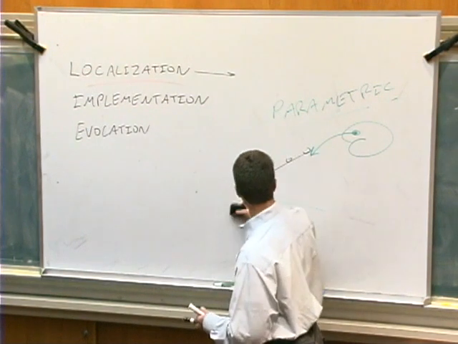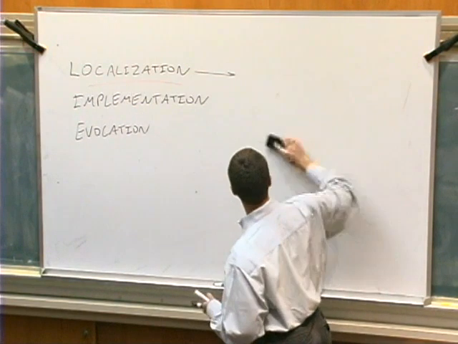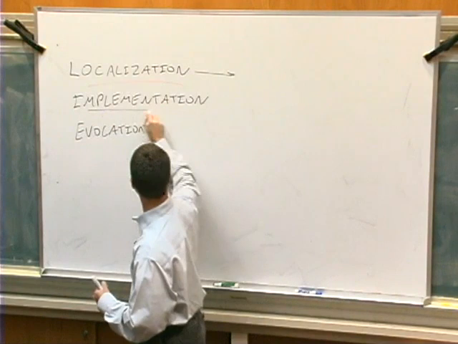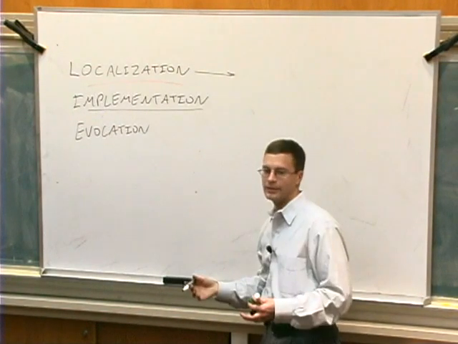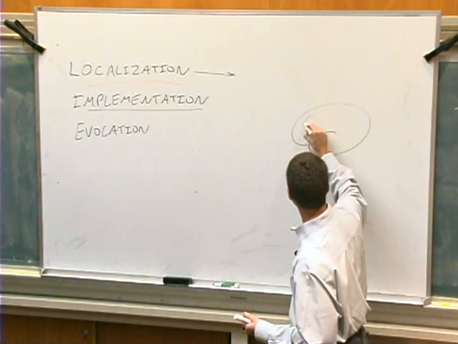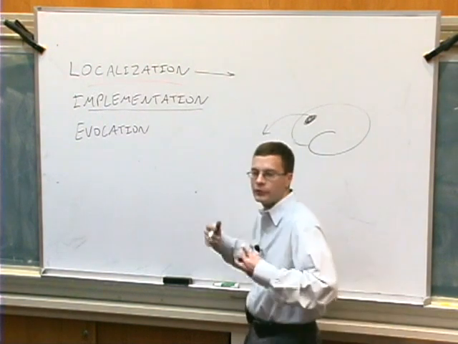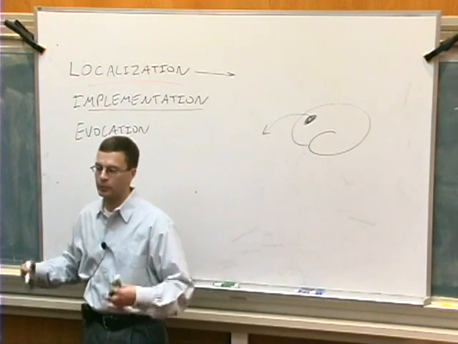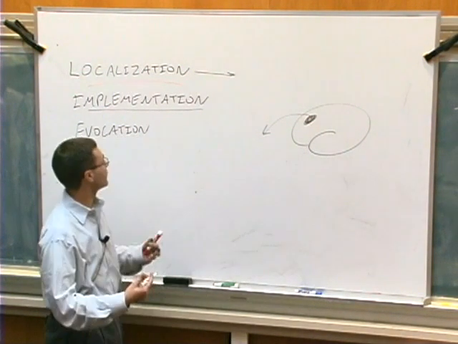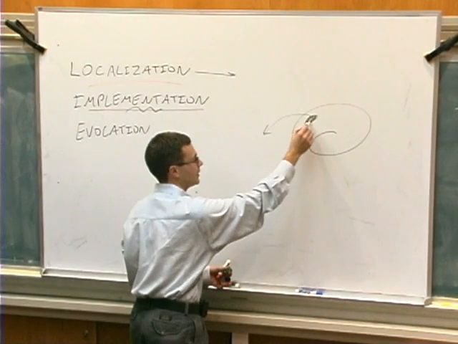Okay. The next type of mode of inference in neuroimaging experiments is what you might term an implementation experiment. So what's an implementation experiment? This is where you've already decided where in the brain there is activity that's associated with a particular cognitive process, right? So I've already decided that this area of dorsolateral prefrontal cortex has some computationally interesting role to play in working memory. Okay? Now, I want to try and further understand what the relationship is between particular parameters of a cognitive process and neuronal activity in this area.